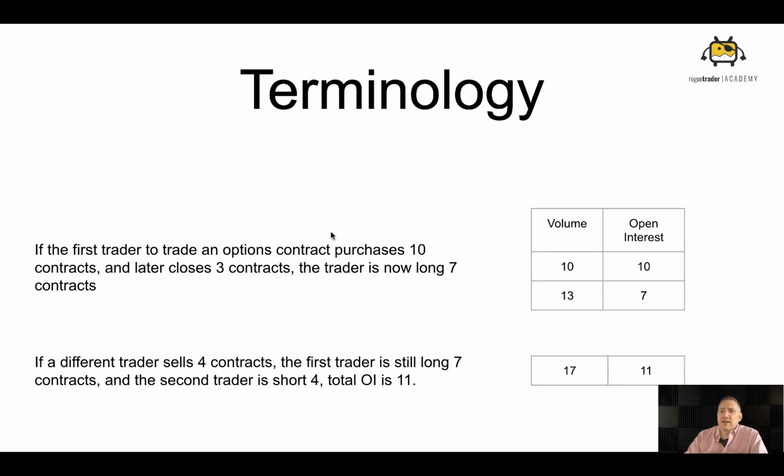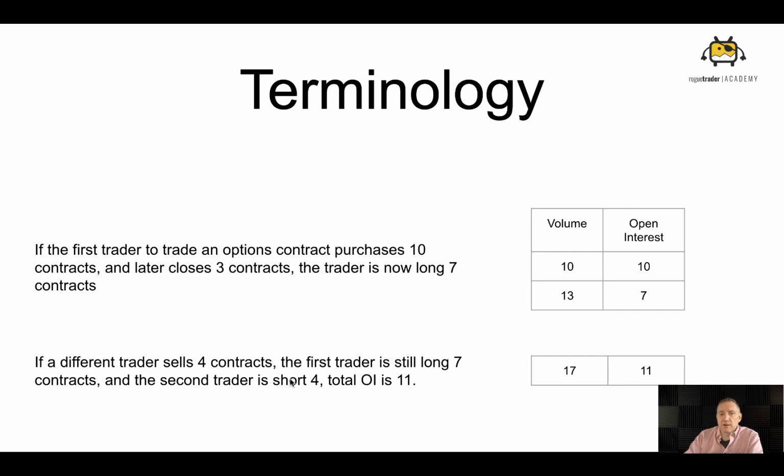So let's just say this is a brand new option contract. Boom, it's open this morning. It's now available to be traded. Okay, wonderful. Some trader A comes along and buys 10 contracts. Well, the volume is 10. Later that day, he sells 3 of them. Volume is 10, open interest is 10. There's 10 open contracts. But then he decides to sell 3. Well, the volume is 13 because he bought 10, sold 3, 13. But the open interest will decline by 3 contracts because only 7 are open, 3 were closed, right?